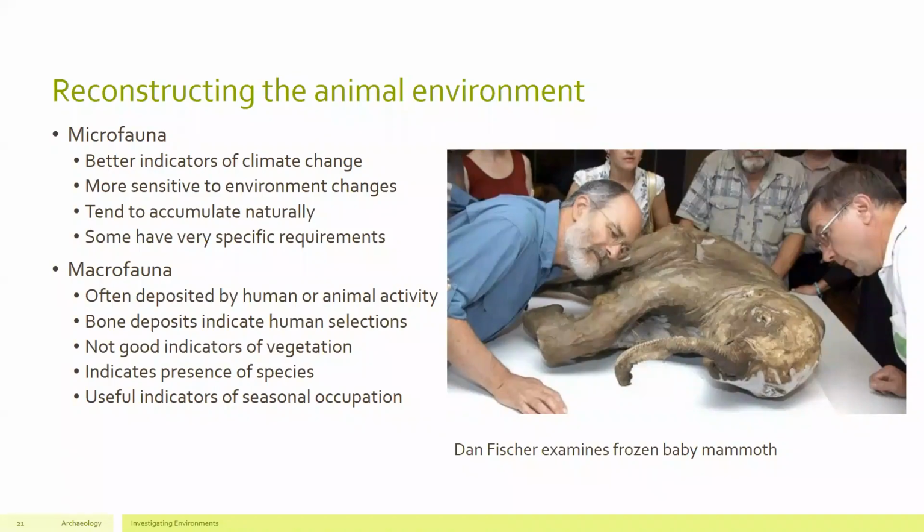archaeological settings. Humans will go out and hunt different species selectively, bring those parts and bones back to their archaeological site and introduce them there. So you see human intervention in the level that these are preserved across the landscape. So bone deposits may indicate human hunting selections, but you can also get natural die-off events where entire herds of mammoth are killed naturally and not involving human activity. So you have to determine if humans were involved or if they were not.